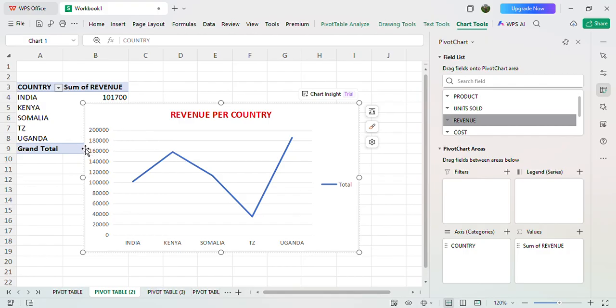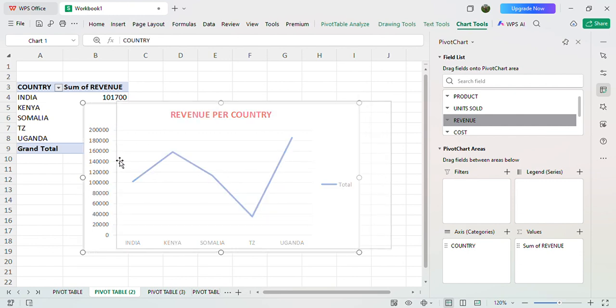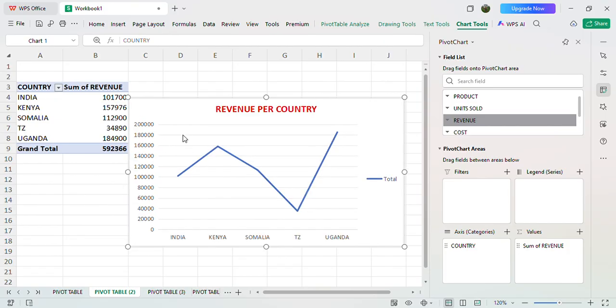I can drag it and drag it outside there. Then what we are going to do is to click that, then press Ctrl C to copy it. After we've copied that, we are going to